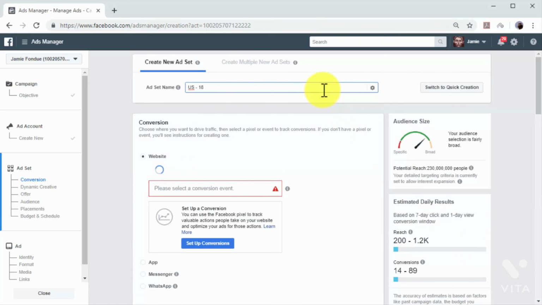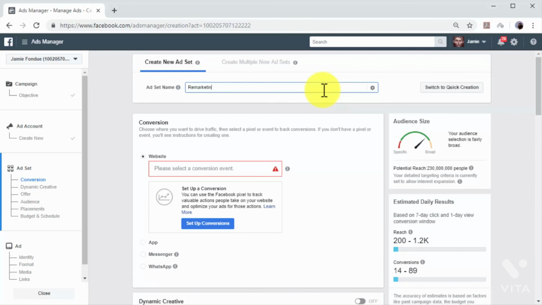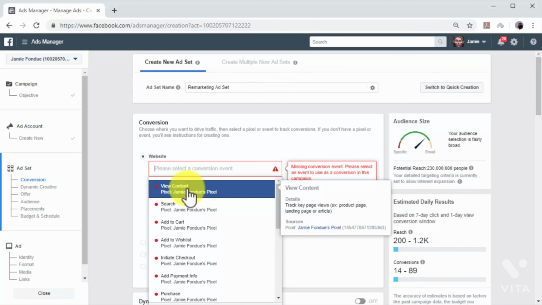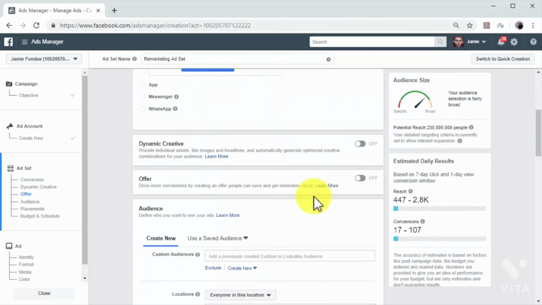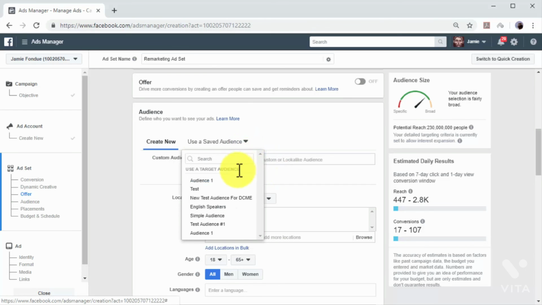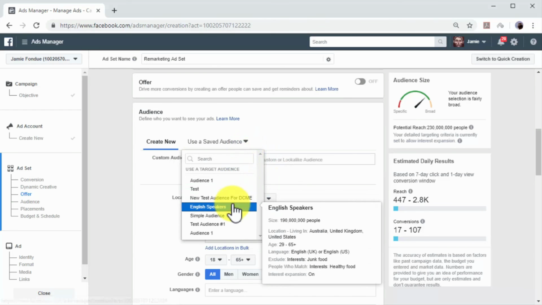Now you have to create the ad set for this campaign. First, enter a name for your new ad set in the Ad Set Name field. Now go to the Conversion section. Here select Website. Click on the Conversion Event box and select View Content. Next, you have to define your target audience. In this example, we are going to select the saved audience that we targeted with the previous campaign. To select the saved audience, click on the Use a Saved Audience tab and select the saved audience from the